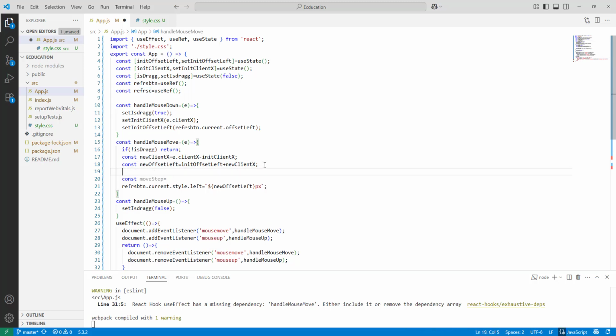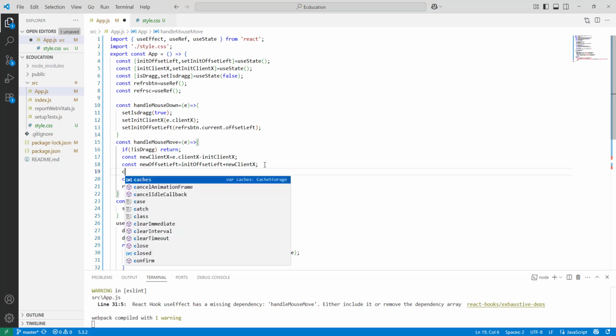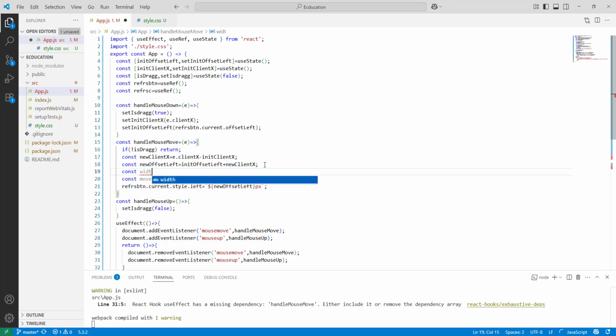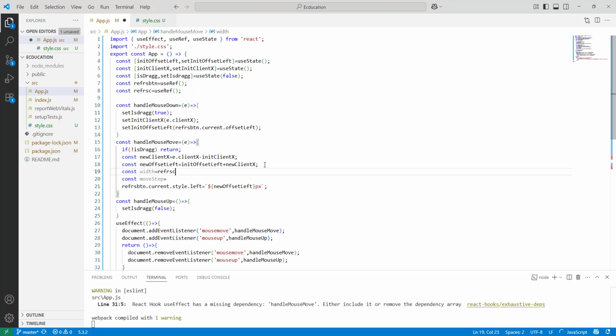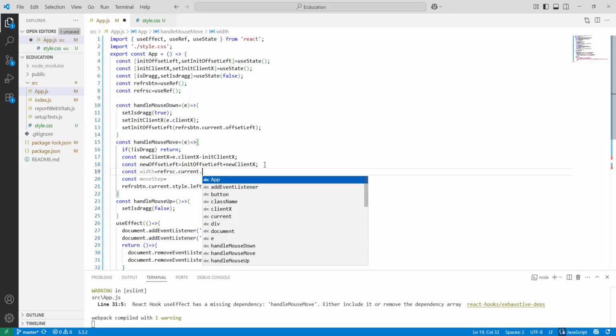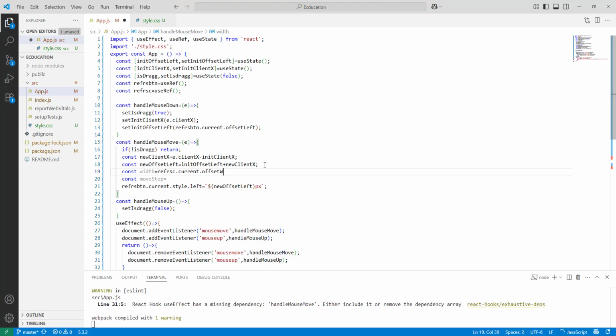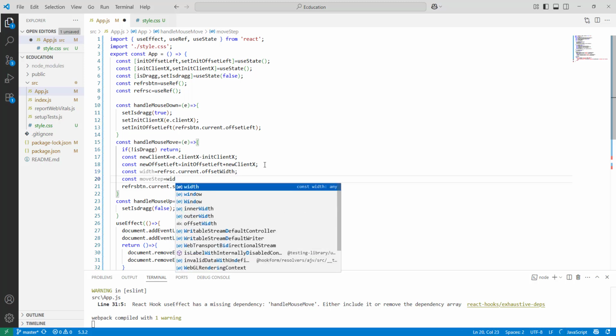Let me write const width is equal to ref RangeSlider container dot current dot offsetWidth, okay, width